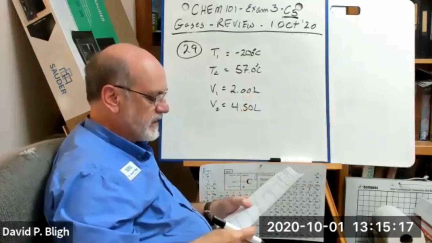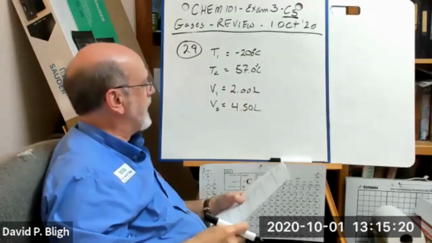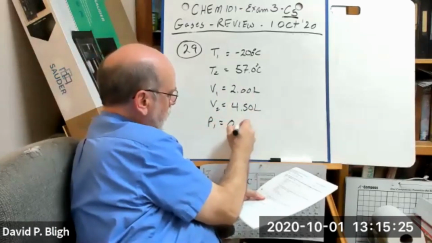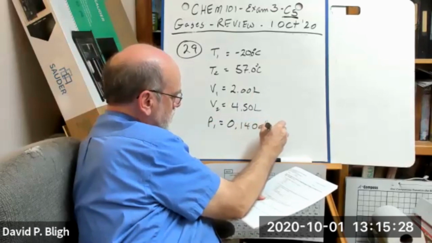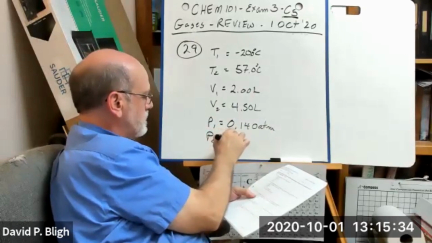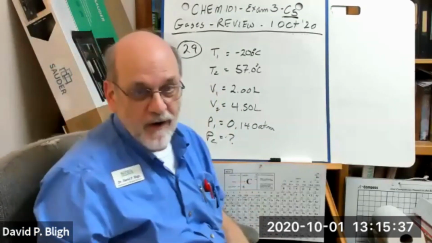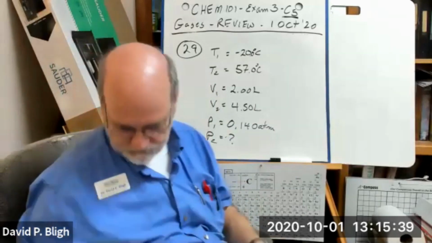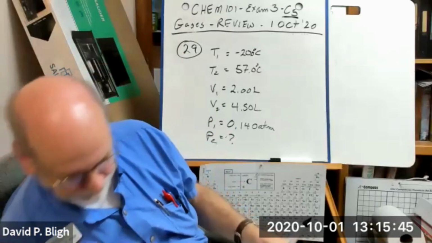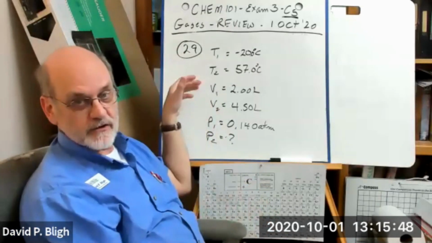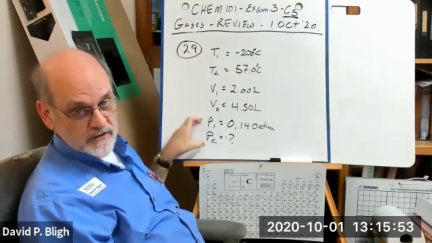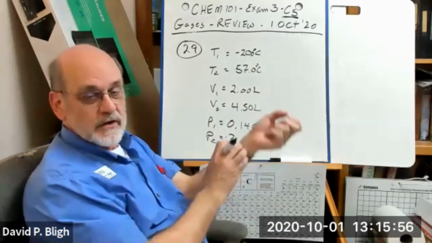What else? If the initial pressure is 0.14 atmospheres, so the initial pressure, P1, was 0.14 atmospheres. Then it asked us, what's the final pressure? So that means P2. So what kind of problem do we have? A before and after. And we don't just have two factors involved, right? Because this one, volume changed, temperature changed, and pressure changed. So you need the combined gas law,